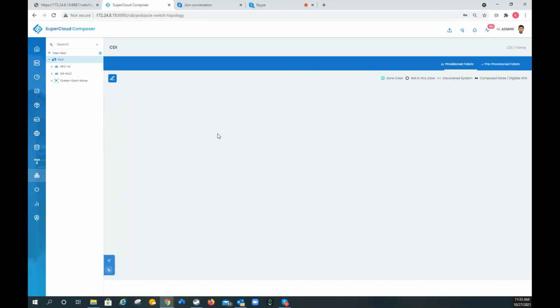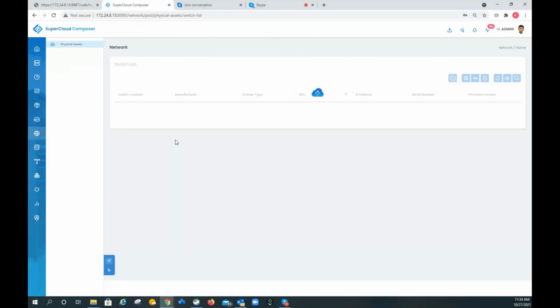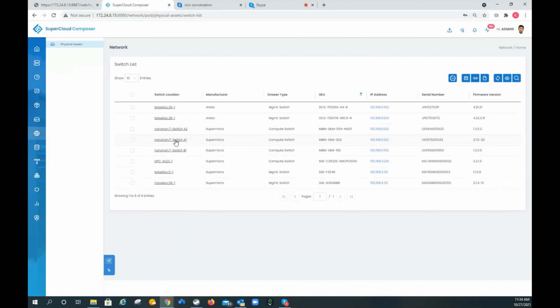So outside of the CDI world, what else within Composer is exciting to you? I hit on the two things that I like, but what else is exciting to you? Yeah, so the networking piece of this really provides oversight associated with zero touch deployments and zero touch provisioning